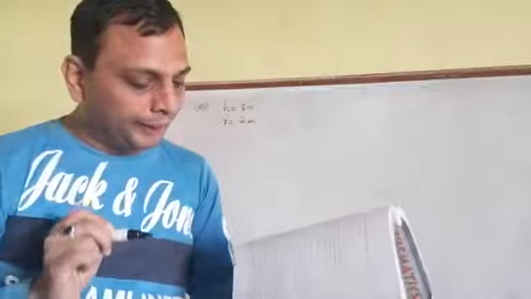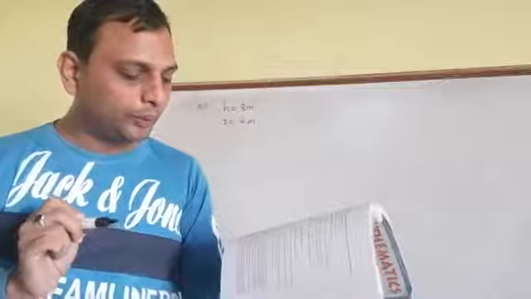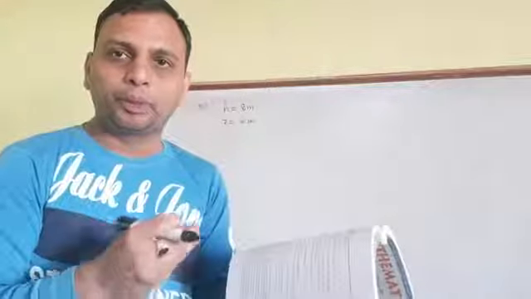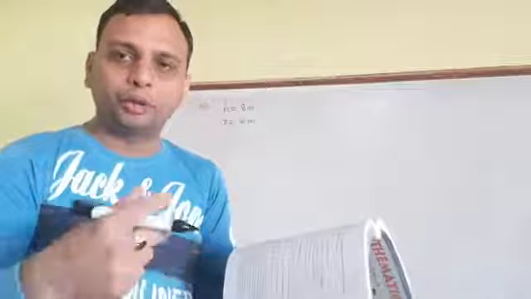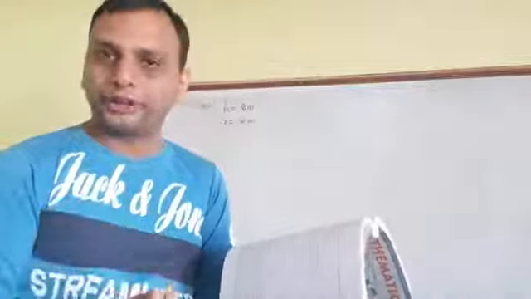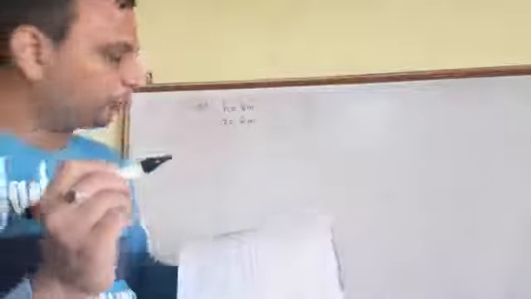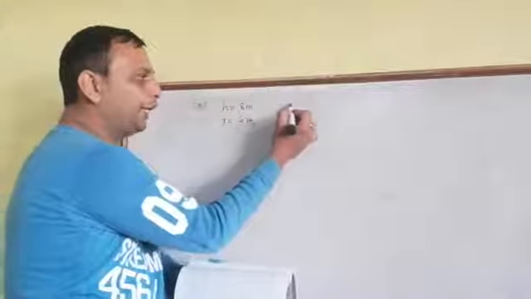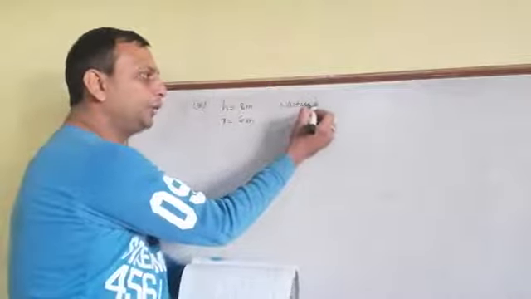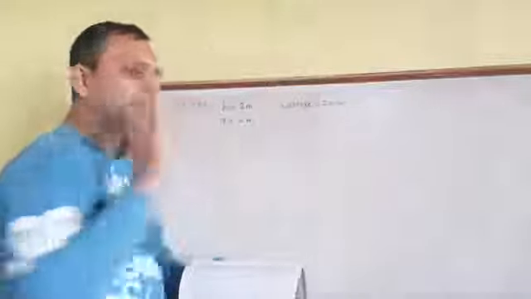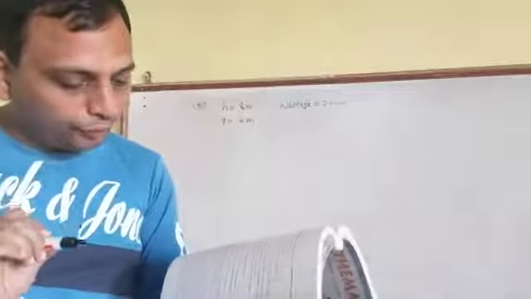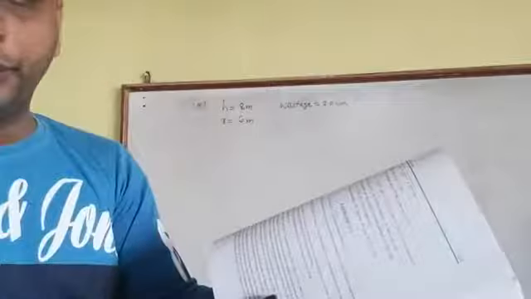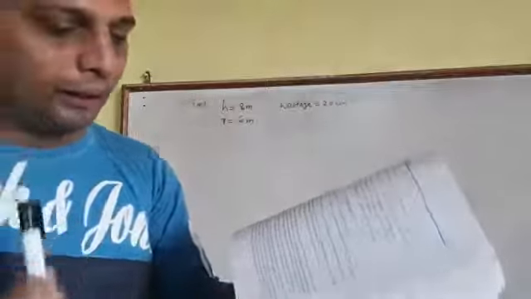Now assume that there is extra length of material required for stitching and margin, meaning some part of the cloth will be used for stitching and putting the margin, or will be wasted. The wasted part is equal to 20 centimeter. I am writing it here, we'll use it afterwards. Now we have to find how much cloth is required, and the value of pi we have to take as 3.14.